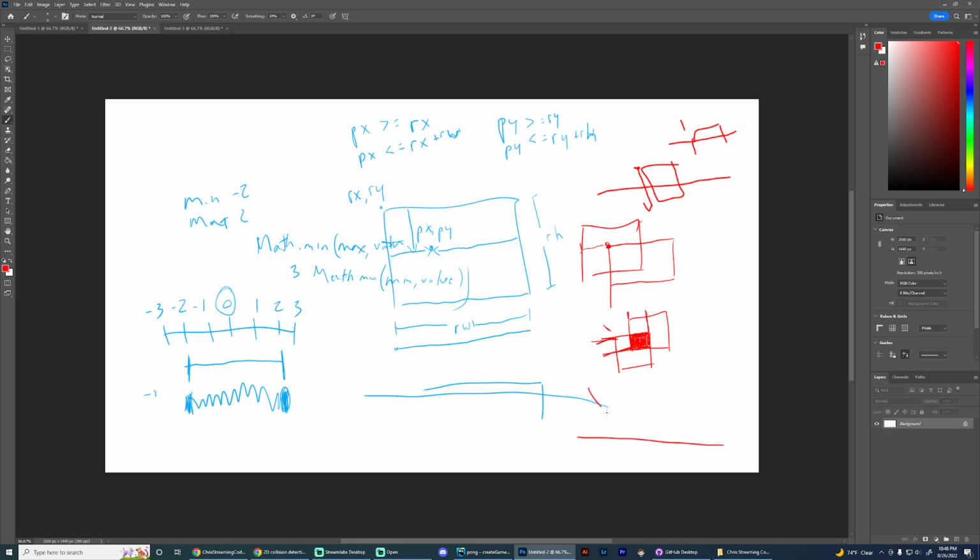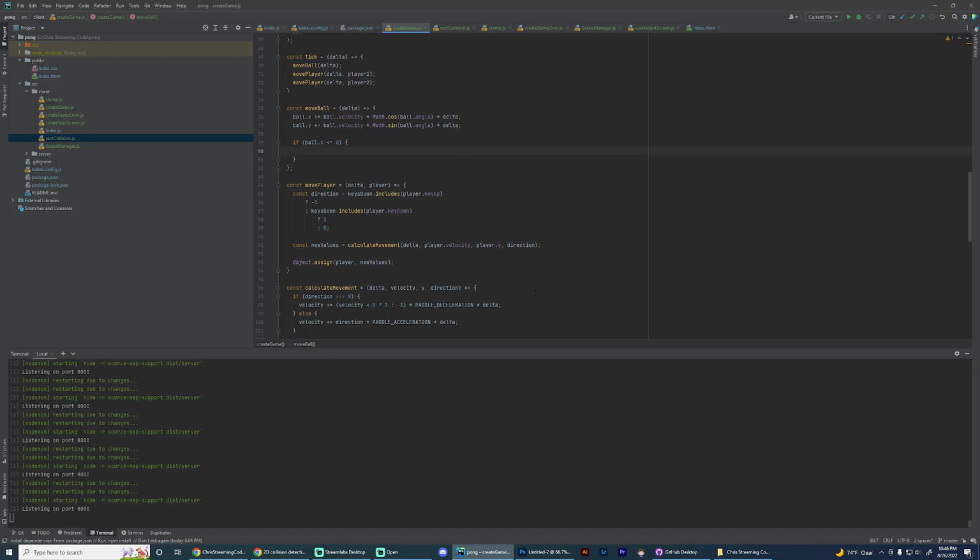So if we hit something and this angle is 45 degrees, then we're going to bounce off in a mirror where this is also 45 degrees. Or if this was 5 degrees, this would be 5 degrees. So we're going to do ball dot angle equals,